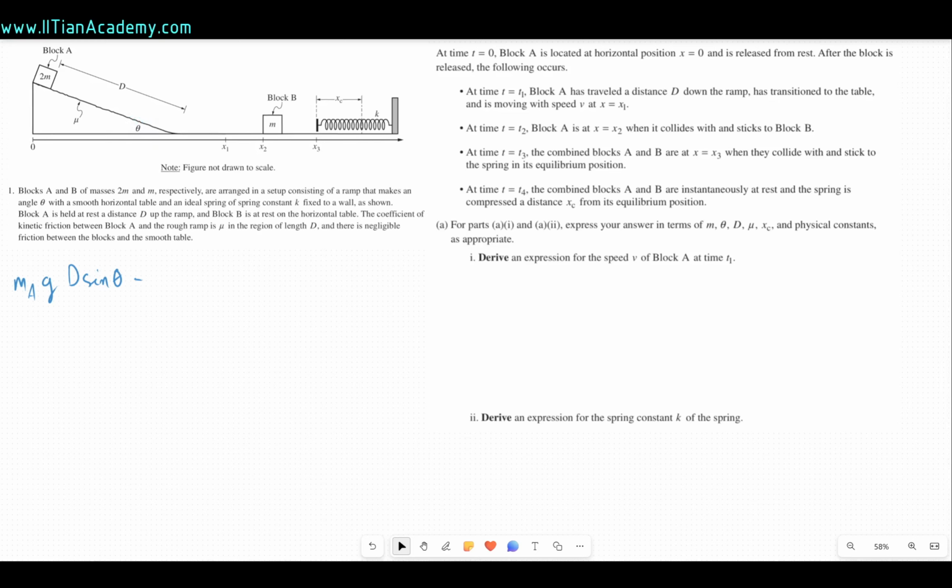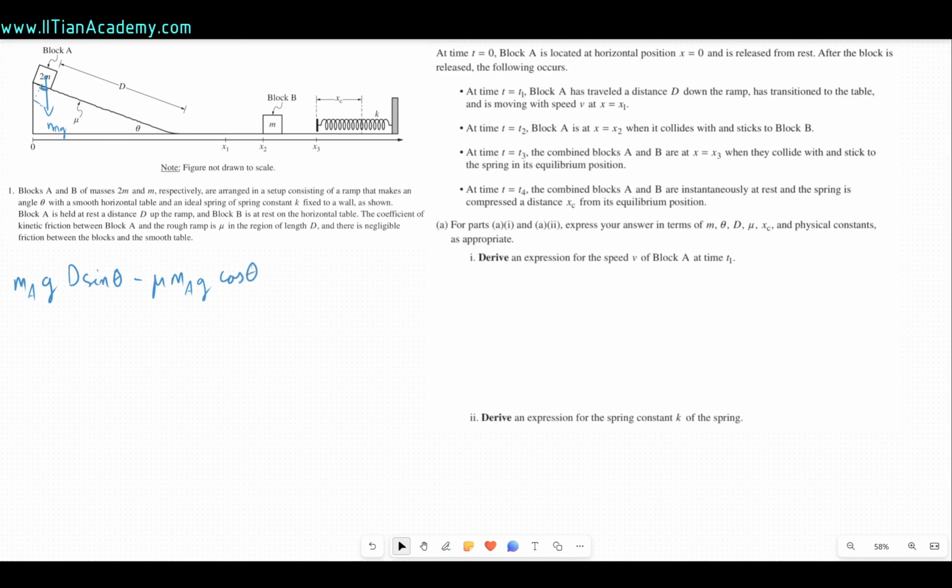From this we will subtract the frictional force. So the frictional force will simply be equal to, we could split up the weight into these two components. So it has this vertical and this horizontal component, and then the frictional force will be equal to the horizontal component of the weight. Therefore this will be cosine. This theta shows up here as well, so this will simply be mu times mA times g, right? This is the normal force here, and we have to multiply it by cosine theta to get the correct component,